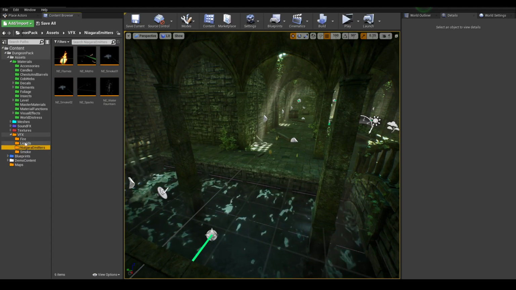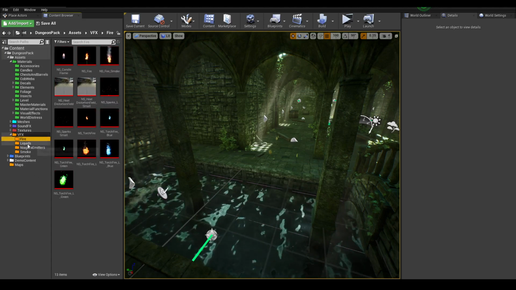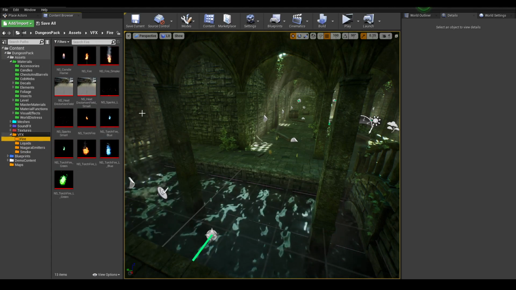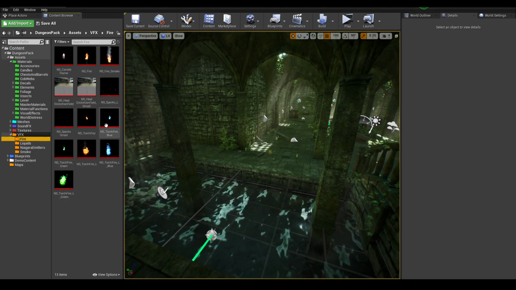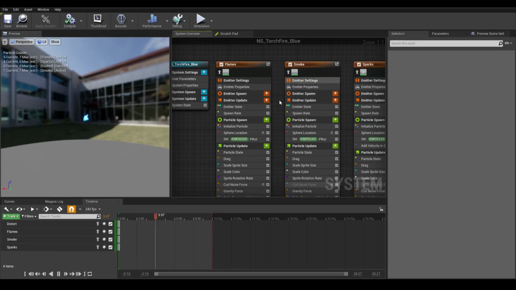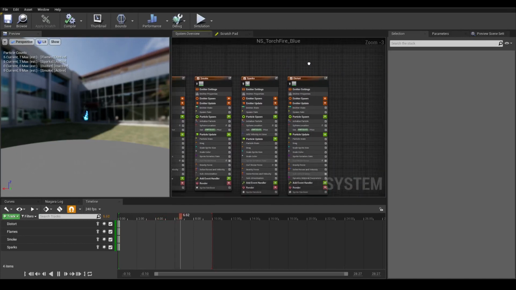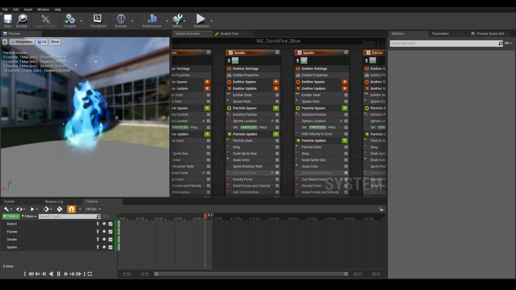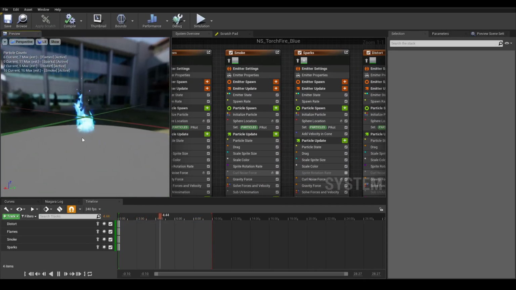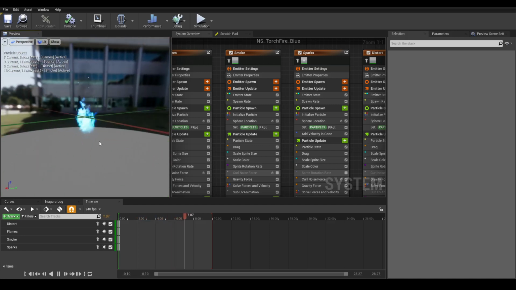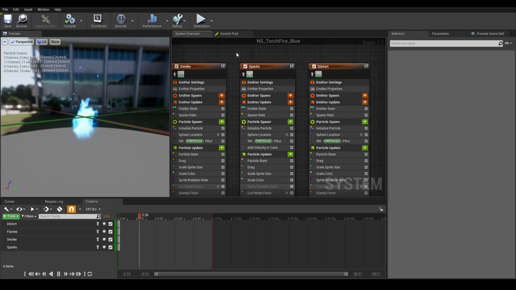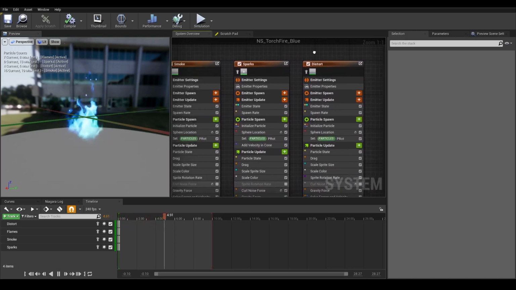All right, so now we have, this is where you're going to be messing with the really cool settings. So, for example, you have blue fire. Just change it like that. All right. So we have different colors for the flames. We have different colors for the sparks, and we have different colors for the